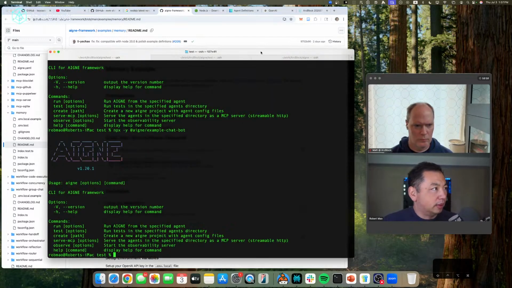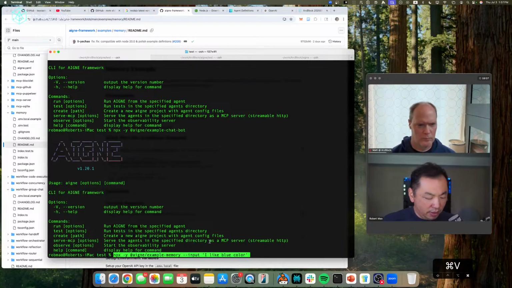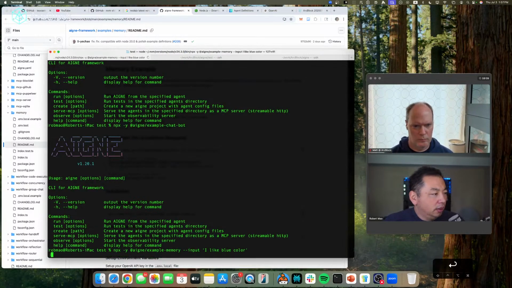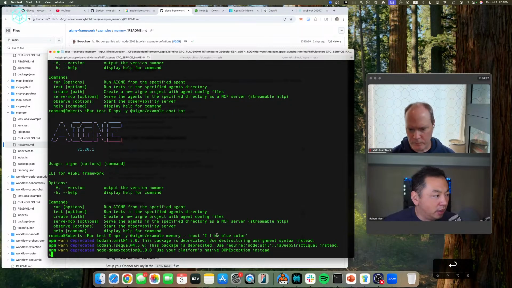So like I said, it's super simple. You just look at an example, decide whether it's interesting, and copy one of the commands and run it. The first time, it usually takes a little bit of time to install the demo, from a few seconds to minutes, depending on your network. This npx command will automatically install it and then try to run it.